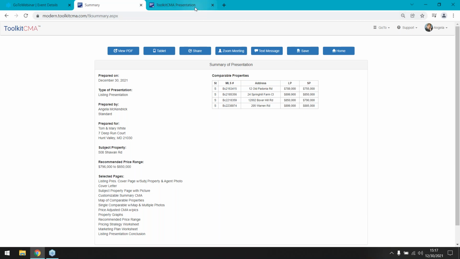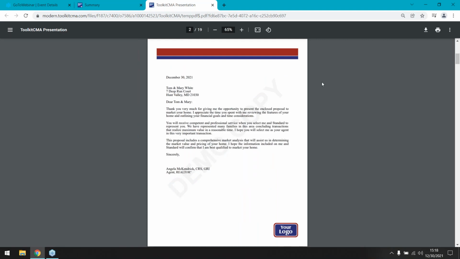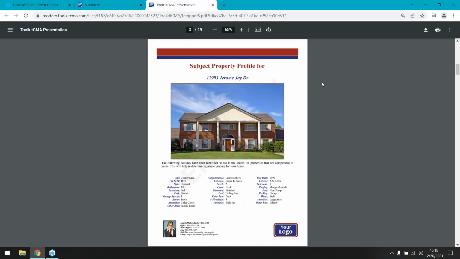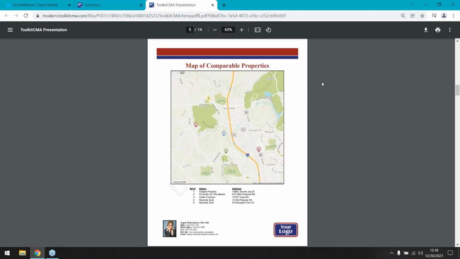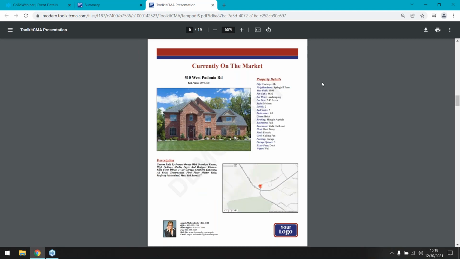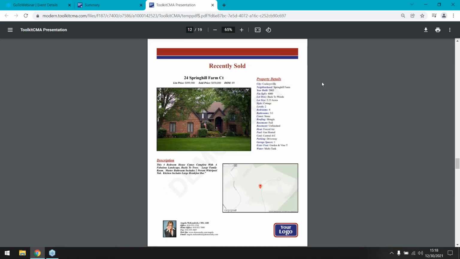Let's take a look at how the presentation came together. This is the presentation that we just created, and the pages that we chose to include here are the listing presentation cover page with the subject property and agent photo, the cover letter, the subject property page with picture, the customizable summary CMA, a map of comparable properties, a single comparable with map and multiple photos for each of our comparables,